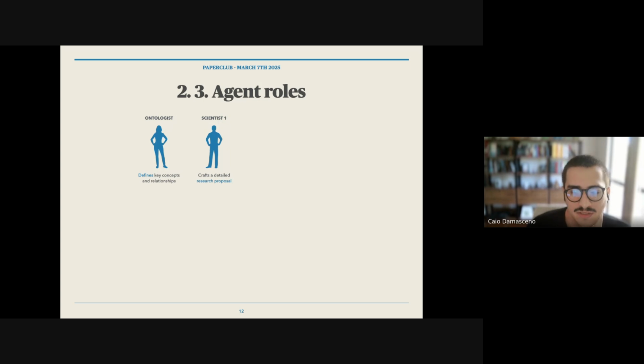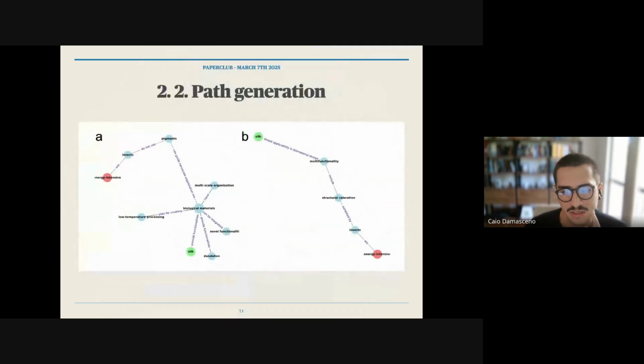The second one would be the scientist, as they call it, and the scientist is the one that crafts a research proposal. They get the result from the ontologist and try to propose something new. In this example I showed here, the ontologist would define very well each node and their connections and their relationships, and the scientist would be the one that would say, maybe silk and dandelion would be a nice combination, for example.